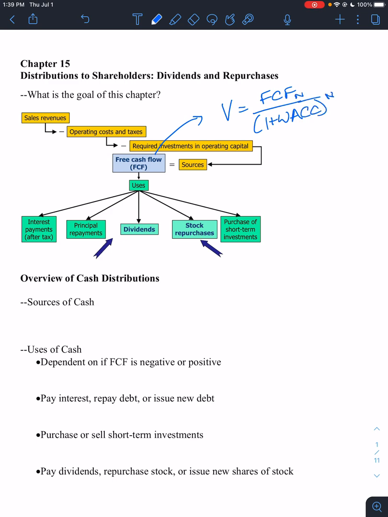Well, when I have those free cash flows, what's one of the things I can do? I can pay dividends. What's another thing I can do? I can do a stock repurchase. And so how do I determine if I want to use my free cash flows to pay a stock dividend? Again, I'm going to keep saying stock dividend. I don't mean stock dividend as a dividend of stocks. I mean a dividend from a stock as a cash dividend. Sorry, bad habit. But do I want to use my free cash flows to pay out a cash dividend or to do a stock repurchase?